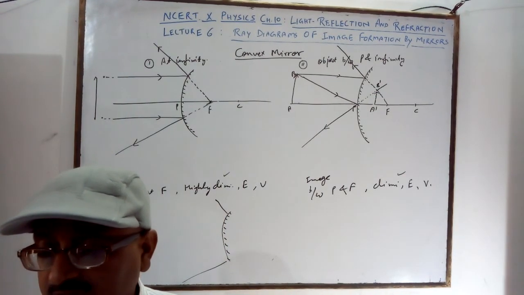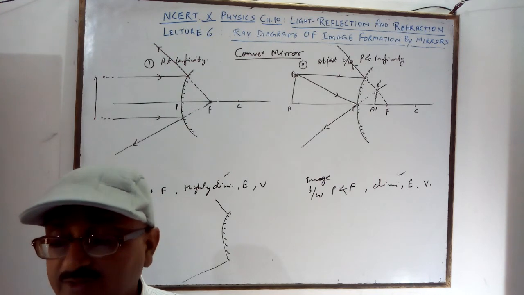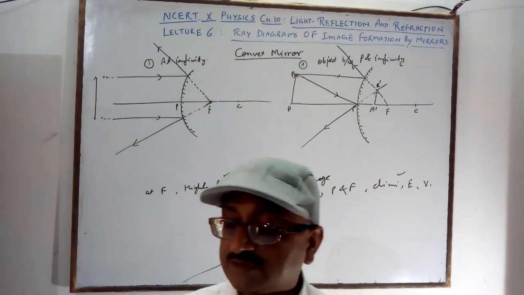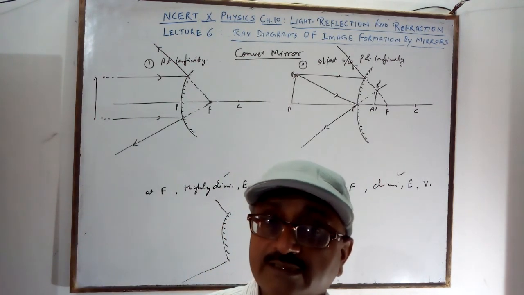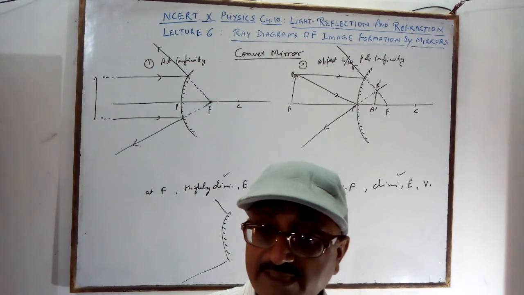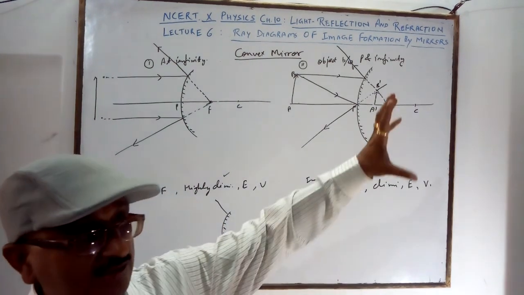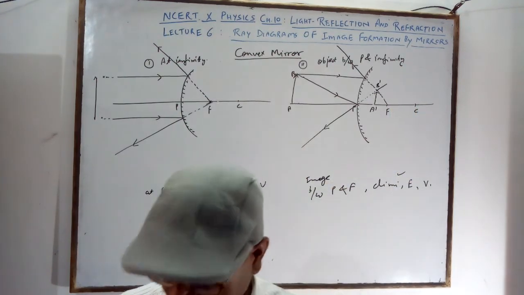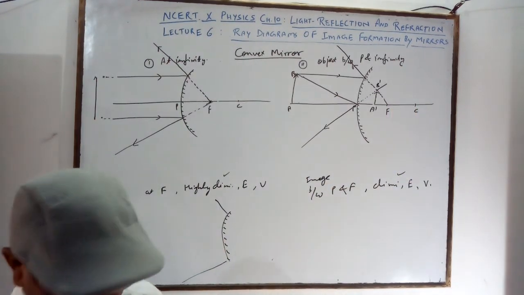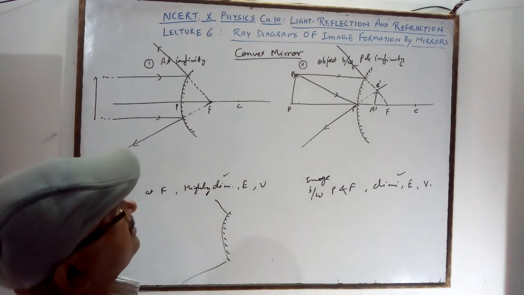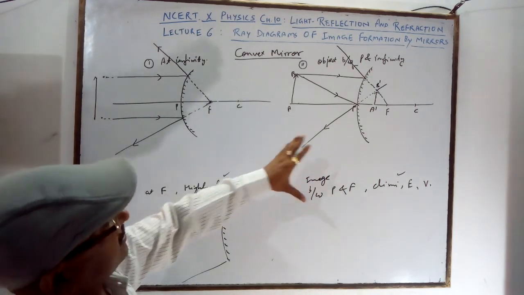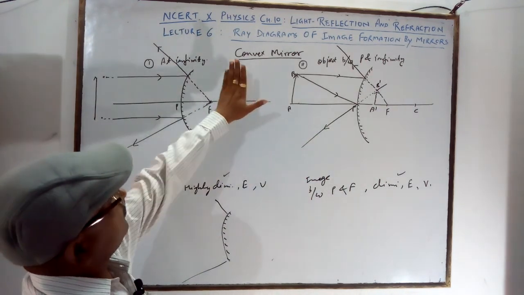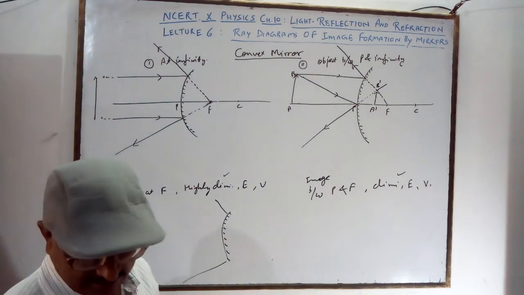So convex mirrors are preferred because of this: it always gives an erect image, and in the corner also, the rear view. Nowadays it is cameras, earlier the cameras were not there. So you have seen the rear view images of this. Now you will get the next topic based on this.